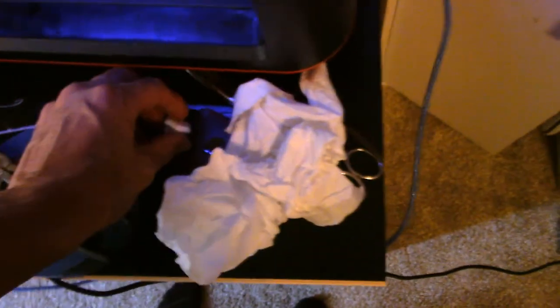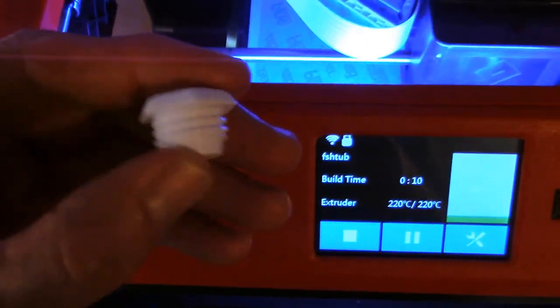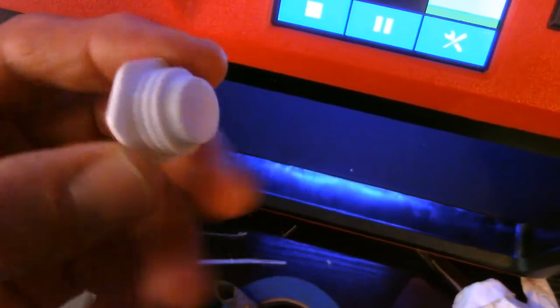I've had some success and failures. You can see like little plastic shards of some of my failures. I did just print this. This is another part of this spool holder that I'm making. As you can tell, that looks really clean, really nice. But my biggest success so far has been